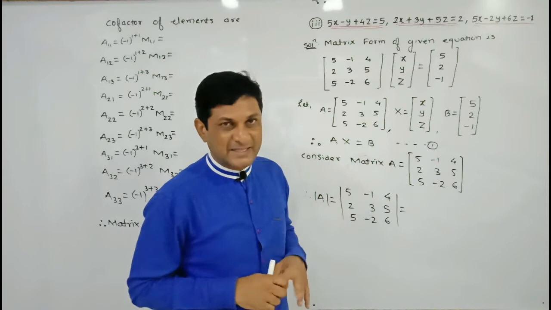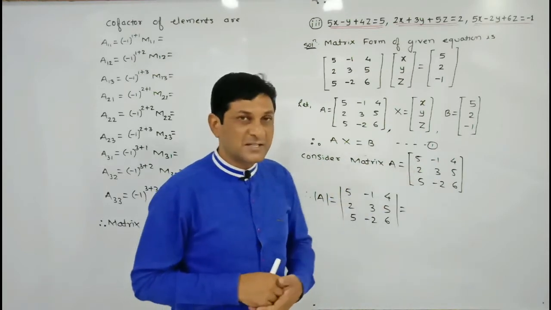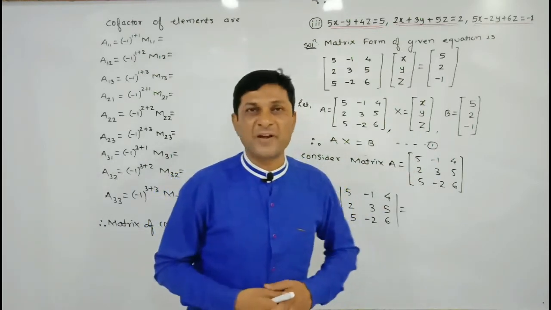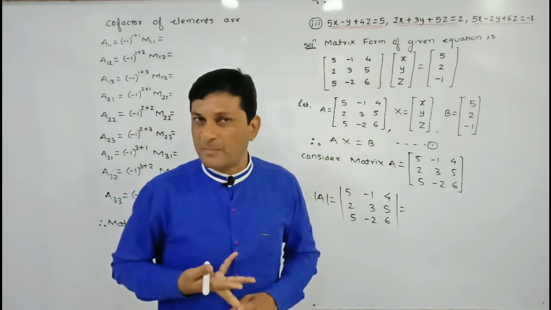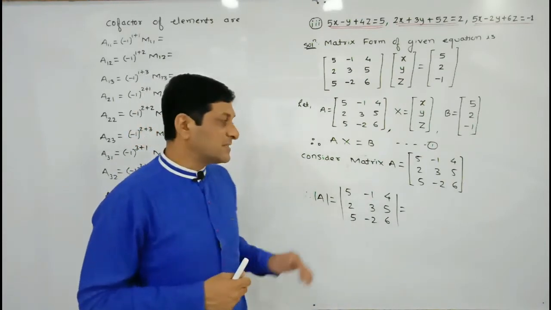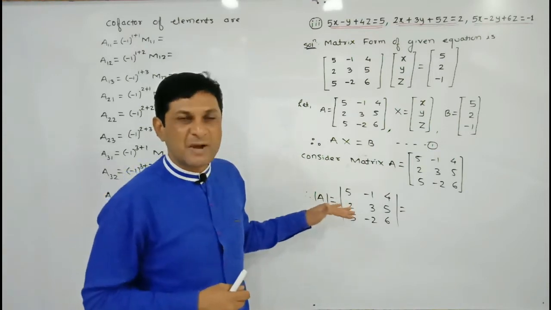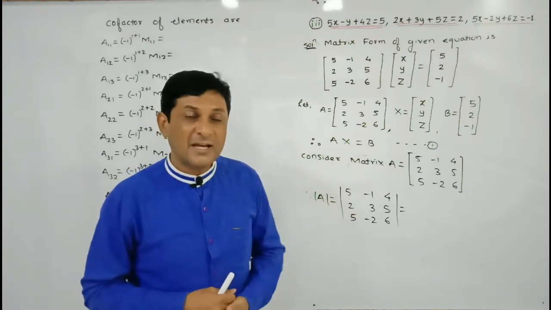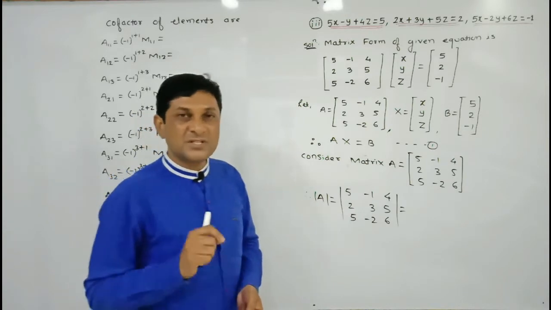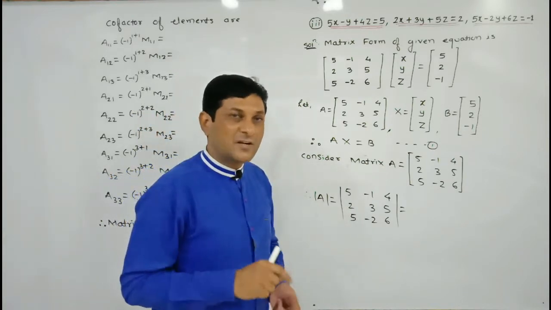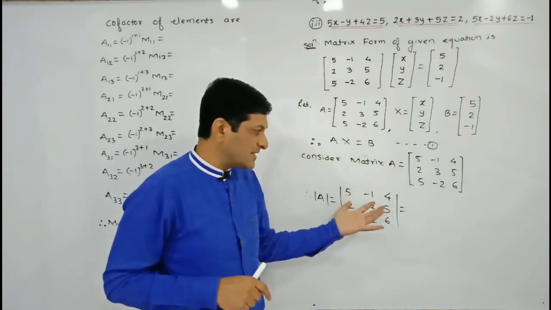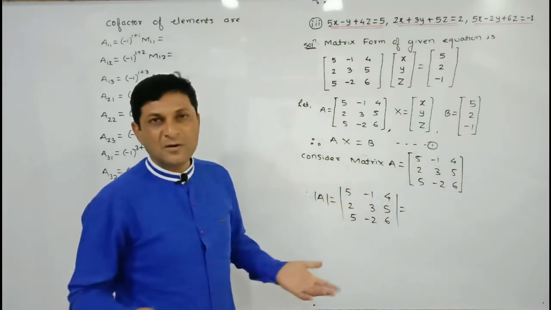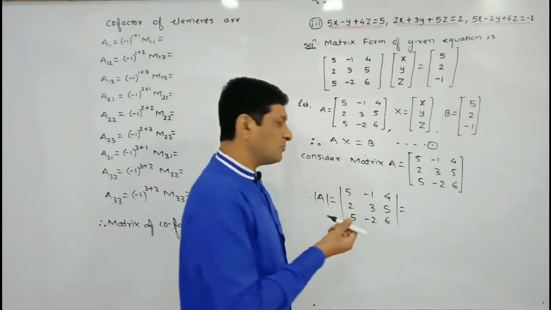Now to solve this equation applying the inversion method, we know that we have to find the inverse of this matrix A. So we have considered this matrix. We have 3 choices to find the inverse: either by row transformation, column transformation, or by the adjoint method. Here I am finding the inverse of this matrix applying the adjoint method. In the adjoint method, the first step is to find the determinant of this matrix. All the elements of this matrix are already written in the determinant. Now find the determinant of this matrix.